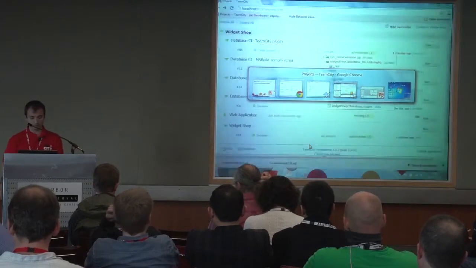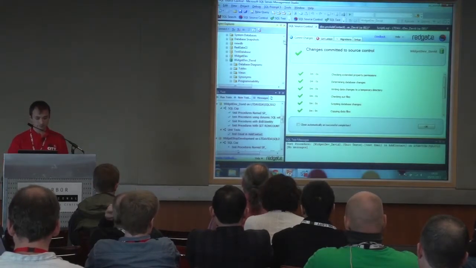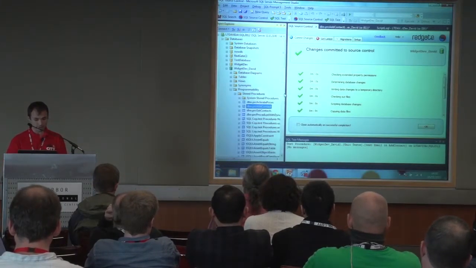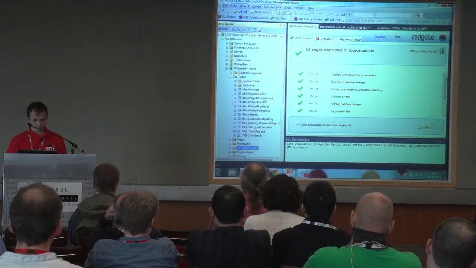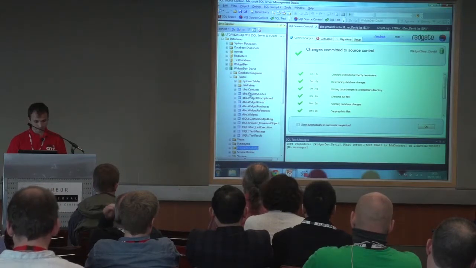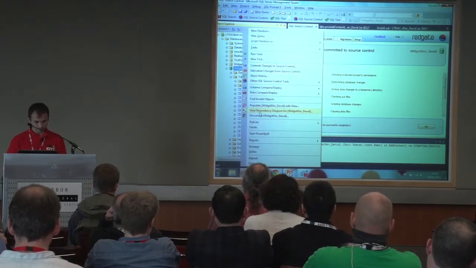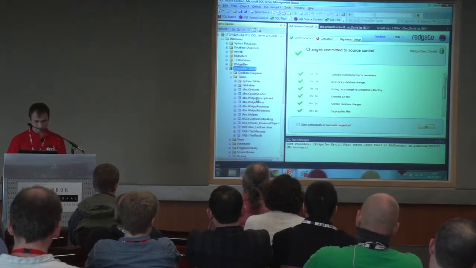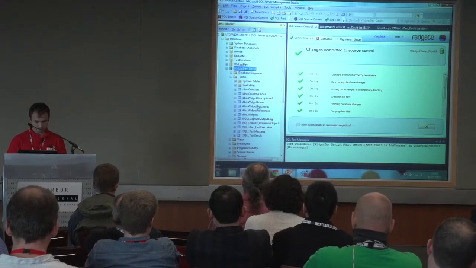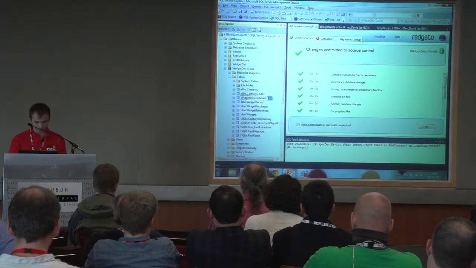So I'm just going to make that change to demonstrate exactly what will happen. Let's get rid of SQL test. Let's find a table, and let's just make sure this is the latest version. Okay. I'm going to change this table from widget descriptions 9 to widget descriptions 10. And if I go to the commit tab,